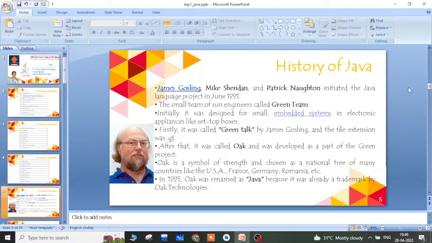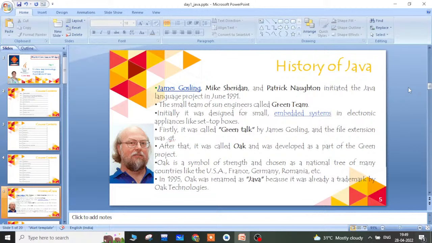Simply, oak is also one type of coffee bean, which was available in countries like the USA, France and Germany.